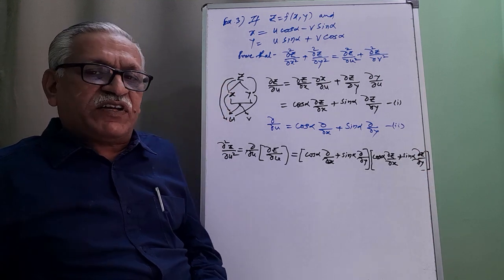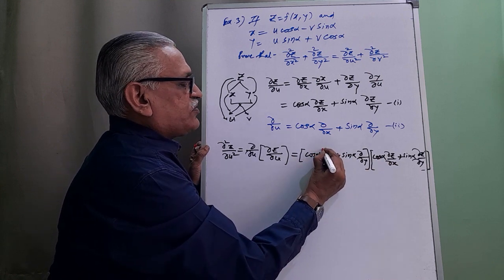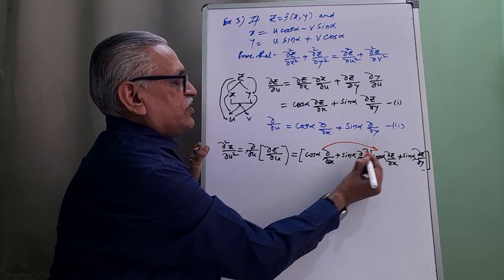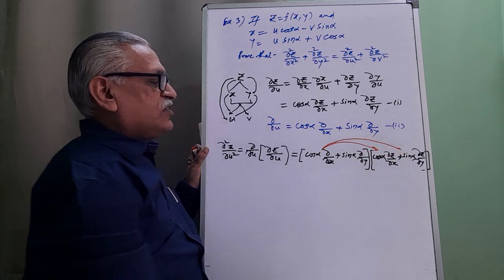Not a simple multiplication, it is the operation by this operator. Therefore, operating first on this and then this on this, we get